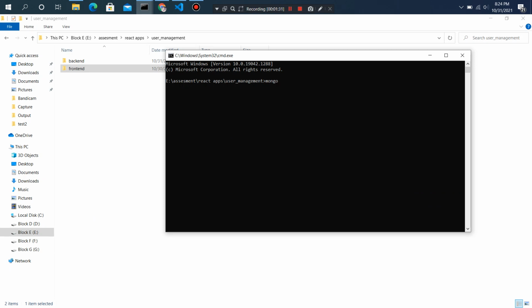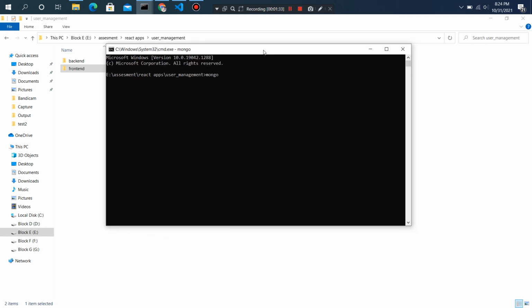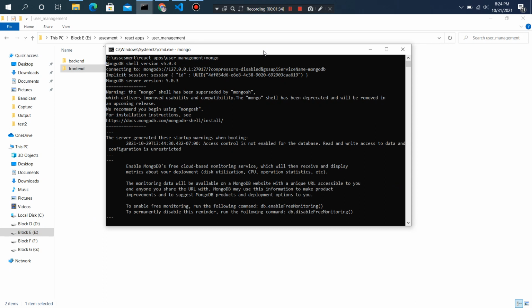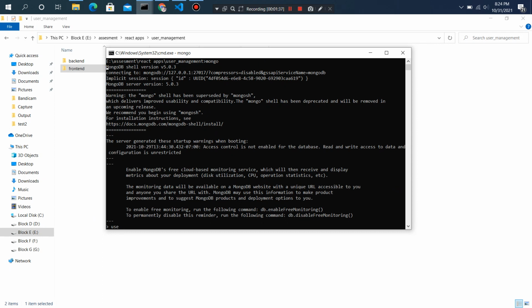I used MongoDB for the database, and for authentication I used Bcrypt and JWT token, where the user can refresh the page without losing their data.